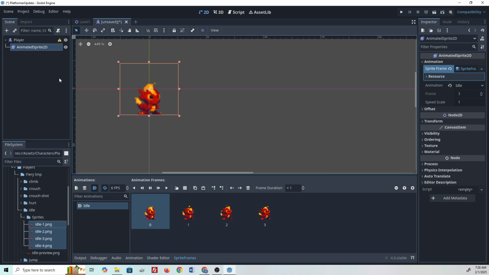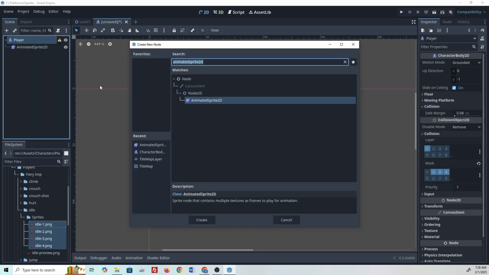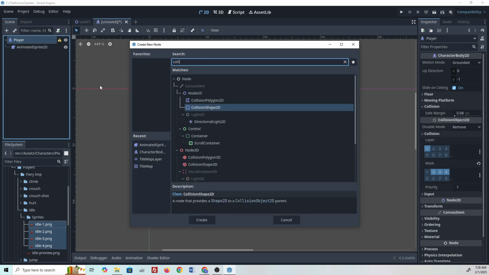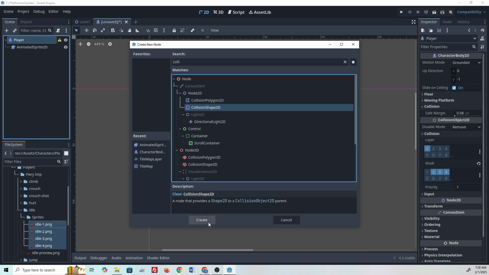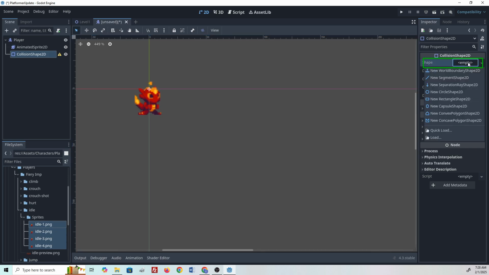From here, let's go ahead and click back on the player node. Let's right click, add a new child node, and this time we're going to look for a collision shape 2D, and press create. From here, we're going to click over here in our collision shape 2D node on the right under the inspector. We're going to choose the word empty, the drop down there next to shape,